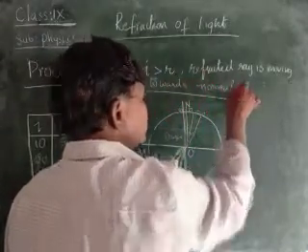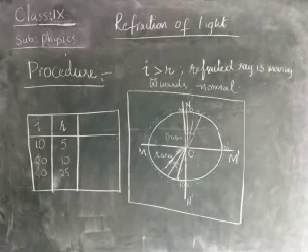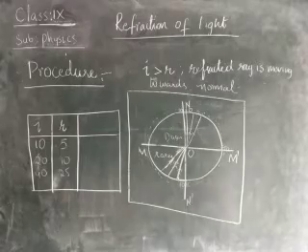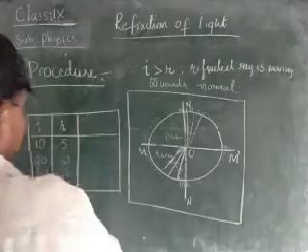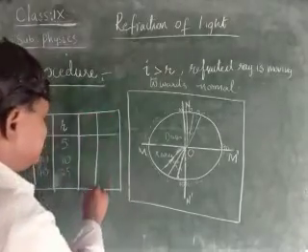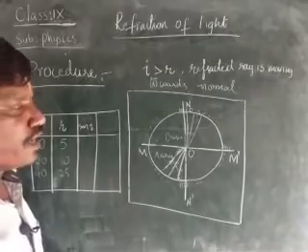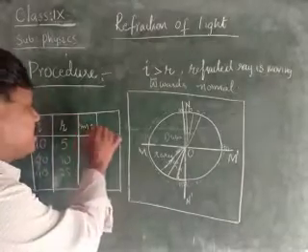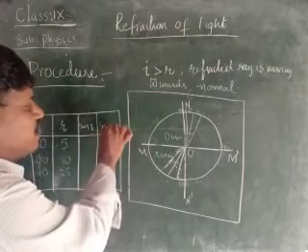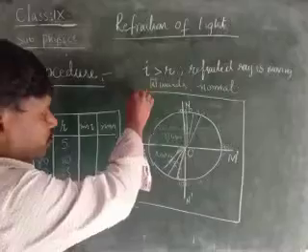We observe that the refracted ray is moving towards the normal. Okay, children. Next, by using the sign conventions and trigonometric ratios, we will be finding sin I. Normally, we will be having a logarithmic table book. By using the logarithmic table book, we can find the sin I value, and in the same way the sin R value.